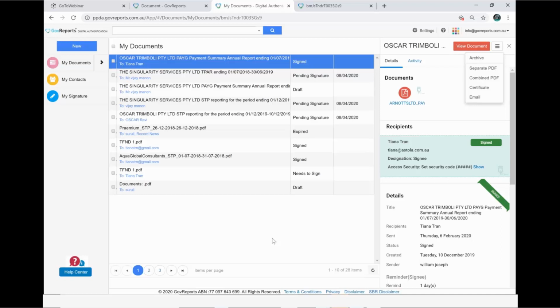Questions from Stephanie. How does GovReports' signing system comply with the tax requirements to be a compliant authority to lodge electronically? When we set up and released the digital signature authentication six years ago, we did inquire with the ATO. We did work with the ATO. It is a complying process. Like I said, it's because we capture